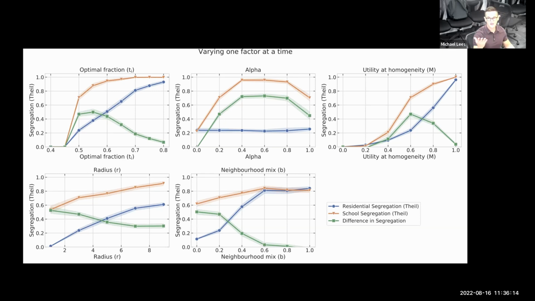So what the model actually shows here is you don't need this asymmetric preference. It doesn't prove that this is the way it is done, but you don't need the asymmetric preference to get this increase in school segregation. What it also shows is that around this 60% level is where you'd expect the maximum increase, which, when you think about it, is kind of intuitive.